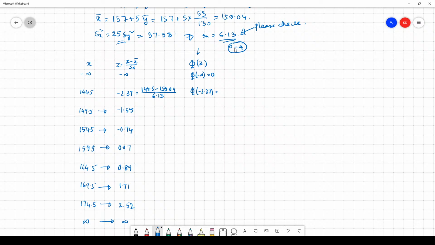The empirical rule performs well for bell-shaped distributions, and for normal distributions we know